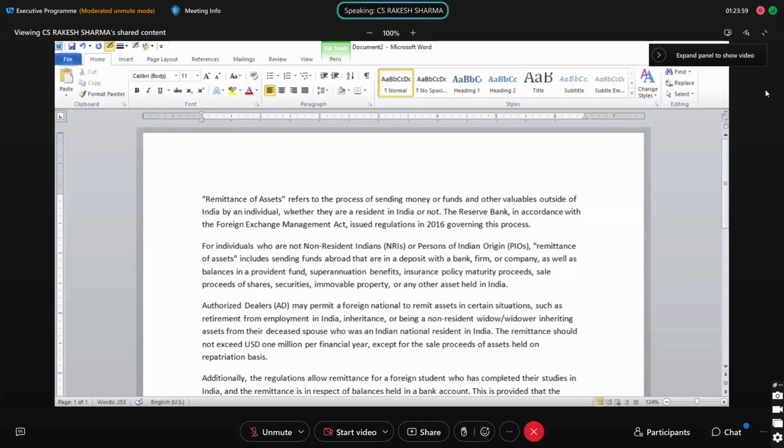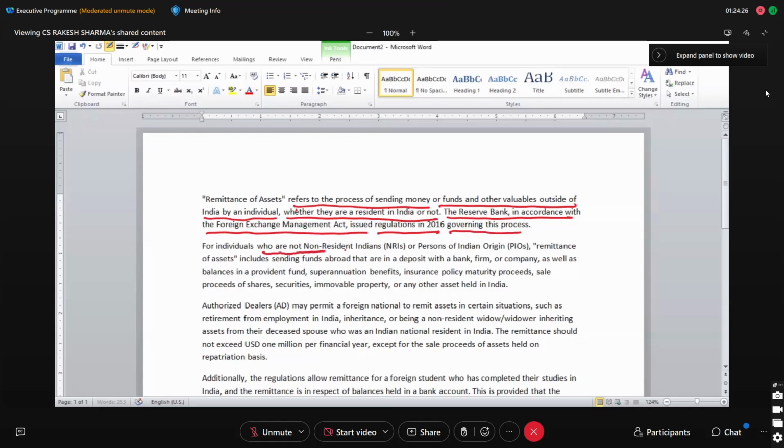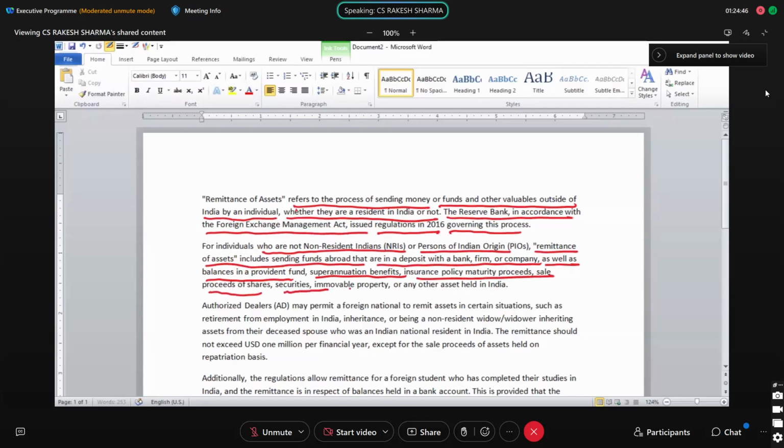Now, the remittance of assets refers to the process of sending money or funds and other valuables outside of India by an individual, whether they are resident in India or not. Now, the Reserve Bank, in accordance with the Foreign Exchange Management Act, issued regulations in 2016 governing this process. Now, for foreign individuals who are not resident, NRIs or persons of Indian origin, remittance of assets includes sending funds abroad that are not deposited with a bank, firm, or company, as well as balances in the Provident Fund, superannuation benefits, insurance policy maturity proceeds, sale proceeds of shares, securities or immovable property, and other assets